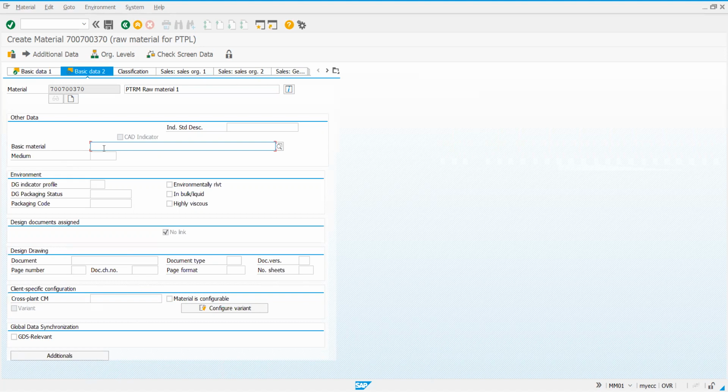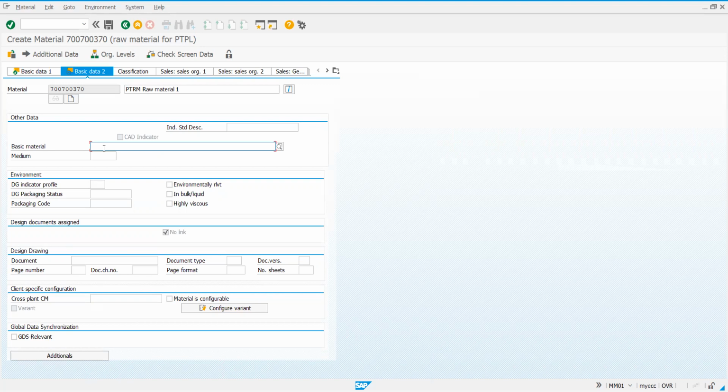If you want to restrict it to a certain type of device or raw material, you can provide that information here. For example, instead of raw material 1, I have taken cement. Now cement with different combinations of chemicals being used, gypsum or so on, that can be defined here. What is it in this basic data 2?